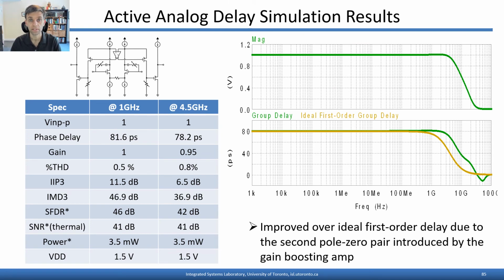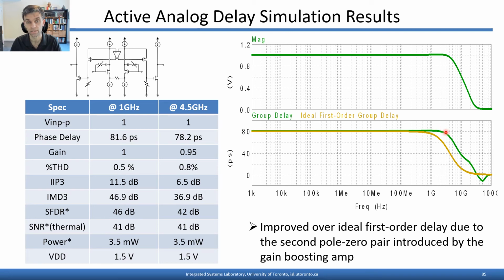Here are some simulation results of the circuit in a 28 nanometer technology. This version of the circuit was designed to have a delay of about 80 picoseconds with a bandwidth of about 3 gigahertz. And you'll see in the simulation results over here on the right that it has a relatively constant magnitude response of 1 volt per volt up to right around 3 gigahertz. And shown here in green is the group delay of the circuit, again staying relatively constant around 80 picoseconds up